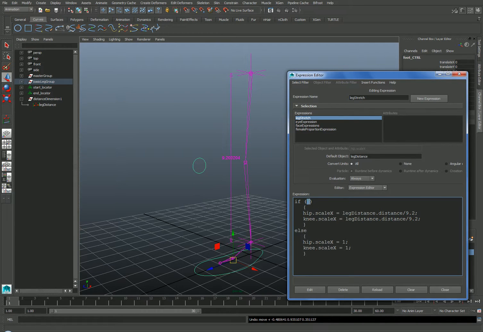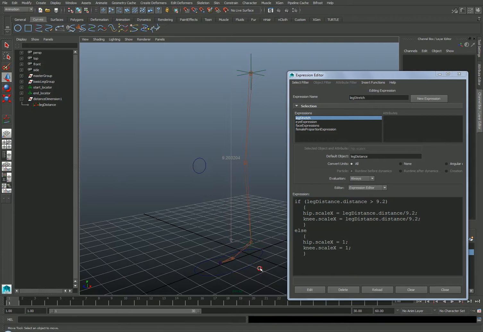All right, so what's going to go here in this if? Well, in the if statement, all we're trying to determine is whether the distance of our leg distance node is greater than it needs to be. So if the leg distance dot distance is greater than a value of 9.2, then we're going to scale the legs. If it's not, so else, then we're going to set it to 1. And that's it. That's the whole process. So if we hit edit, you can see that